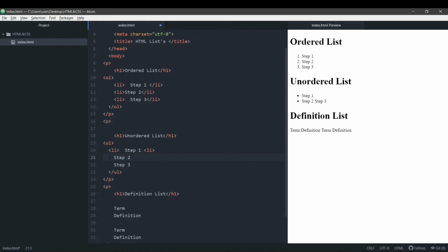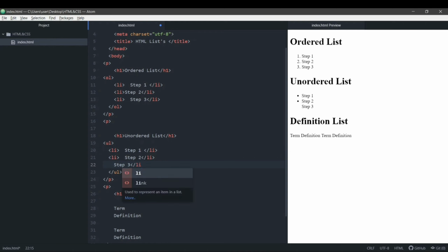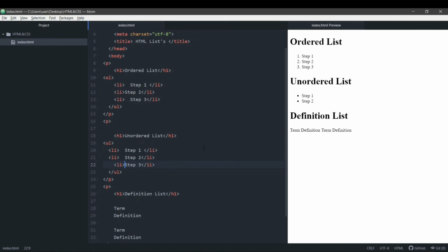LI stands for list item. We have to close these LI tags. I forgot a slash here, and I'll open this LI here. Now you can see that the unordered list appears like this. It has circles instead of 1, 2, 3. Instead of numbering, it has circles.